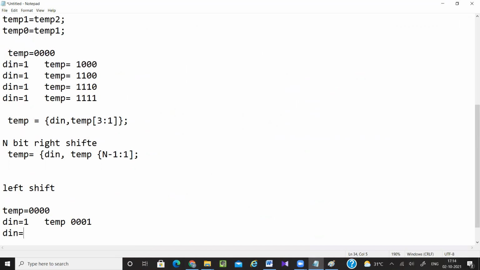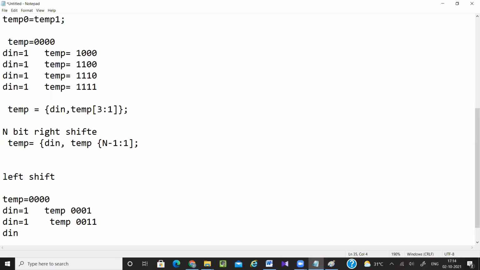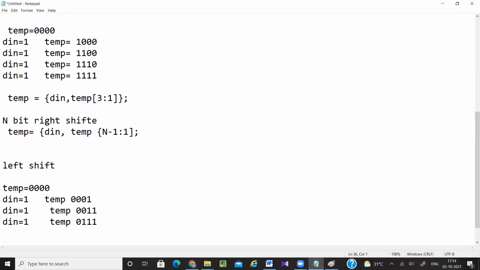Next, dn equal to 1, so temp will become 0, 0, 1, 1. Next, dn equal to 1, so temp will become 0, 1, 1, 1. You can see 1 is shifted towards left. dn equal to 1, so now temp will become 1, 1, 1, 1.